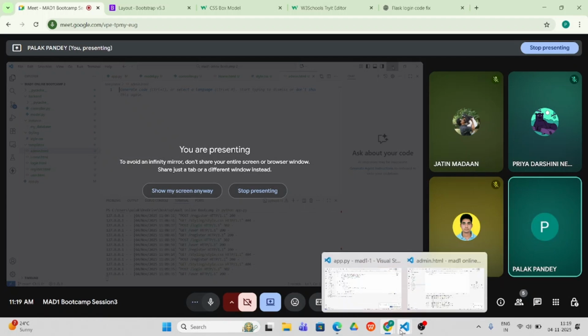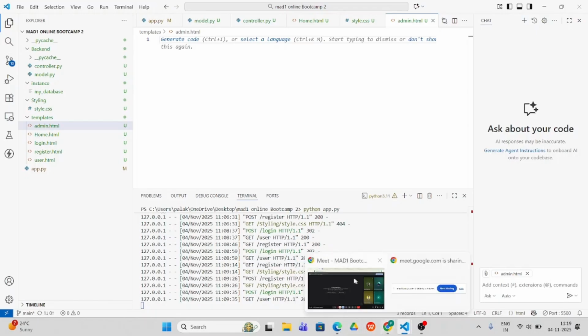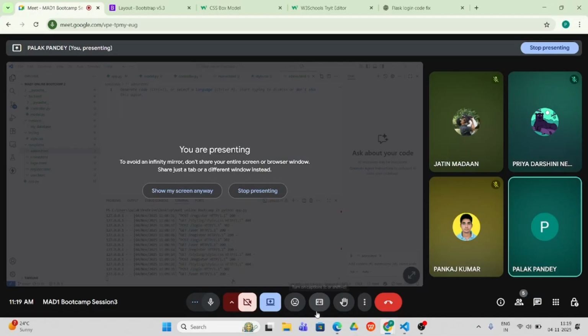Go to this admin.html. So basically, if you see here this admin.html, we have to make the dashboard. So how will our dashboard look? Let me give you a little bit of